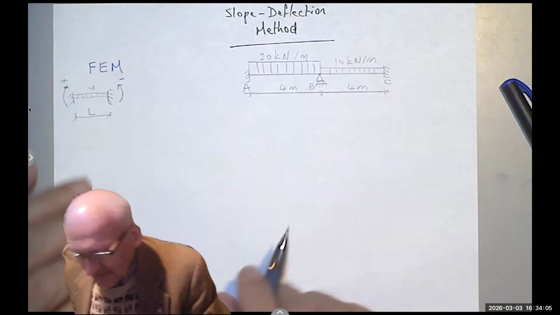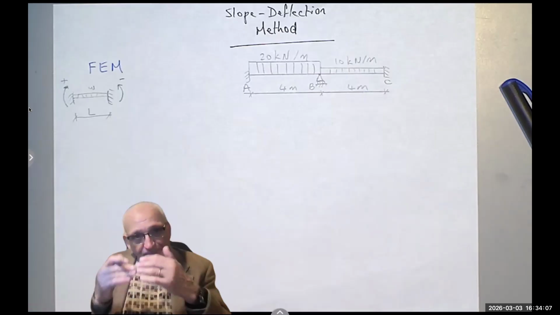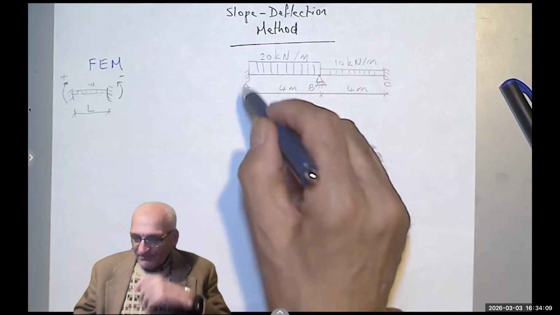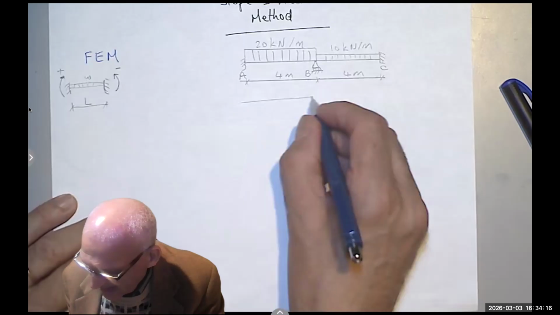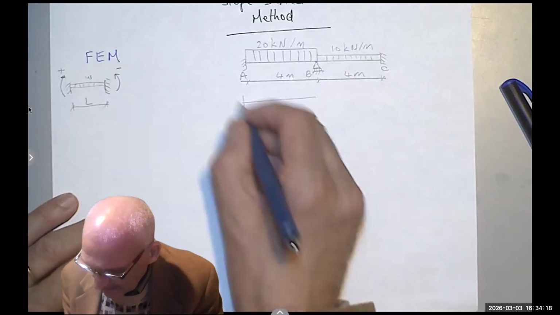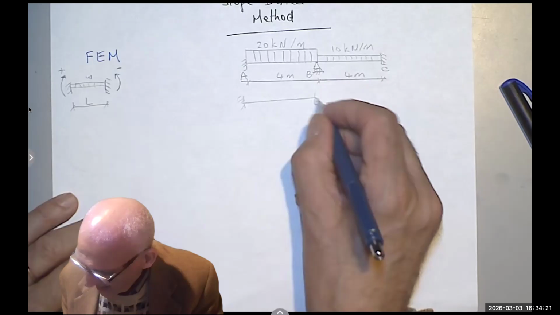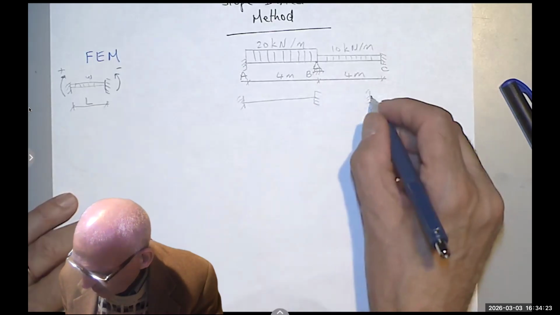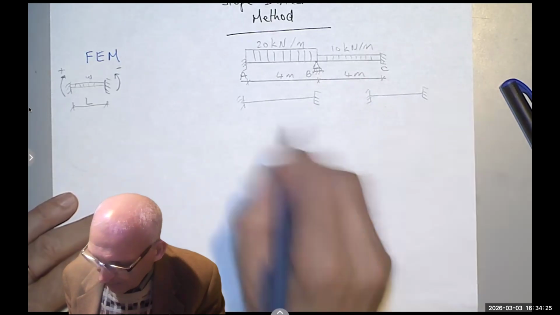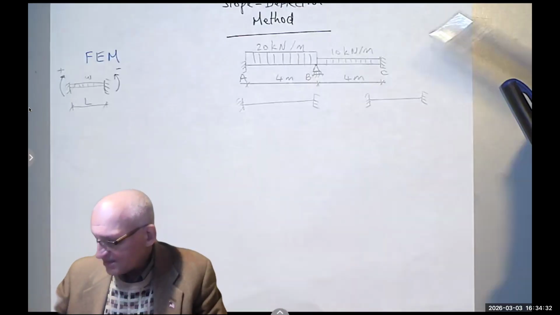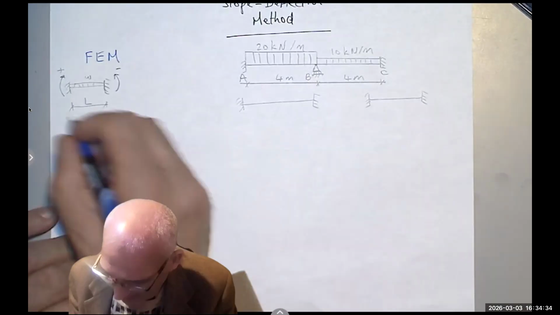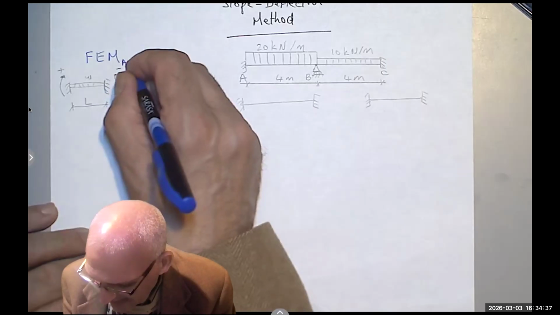Okay, having said that, so the first part, step number 1, I'm going to find the fixed end moments at each thing. But then before doing that, I'm going to break AB into that, and BC also into a fixed support. That's why we call it the fixed end moment. Okay, let's do the math as we go, and then we see what we do after that. So I'm going to say fixed end moment AB